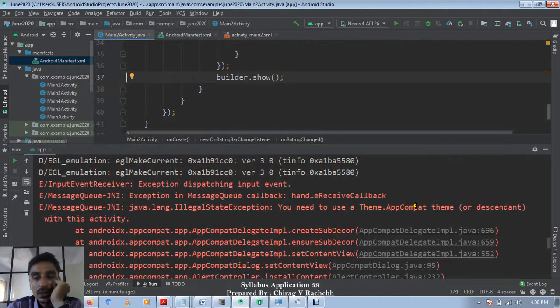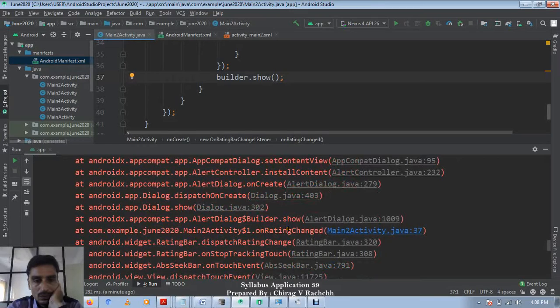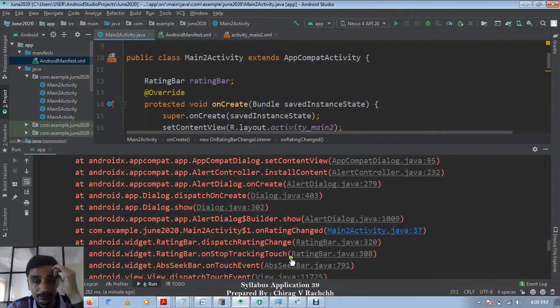You need to use an AppCompat theme with this activity. On stop, tracking touch.